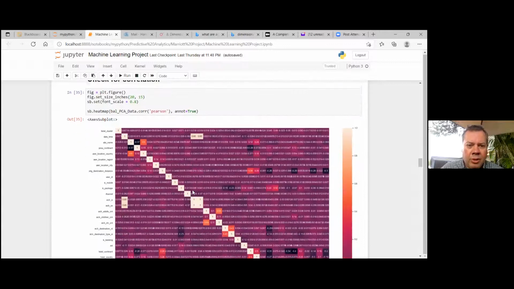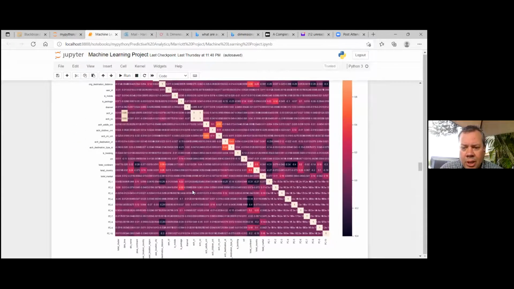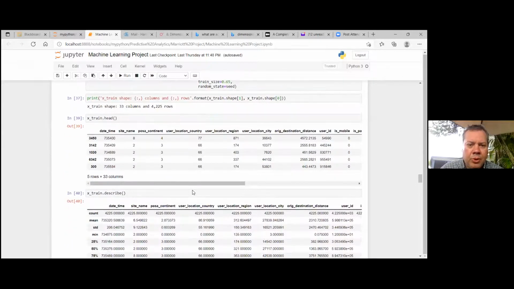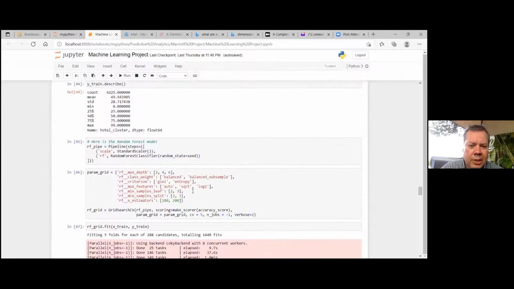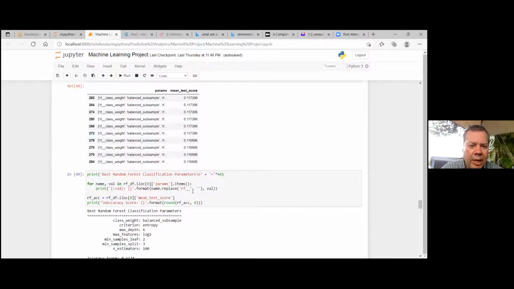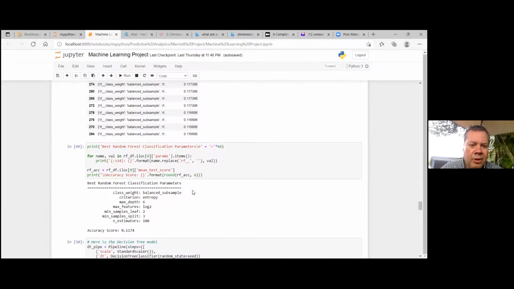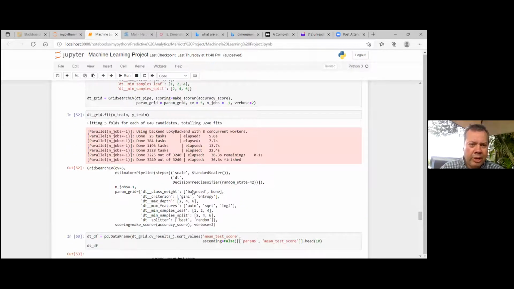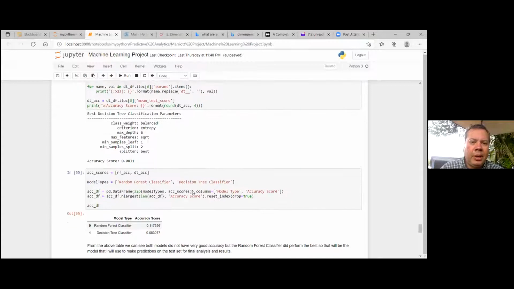And then we just looked at the correlations, did a heat map, and then we split the training and test sets. Then, using this data, we ran a random forest and a decision tree. And at the end, neither of them were very predictive, but